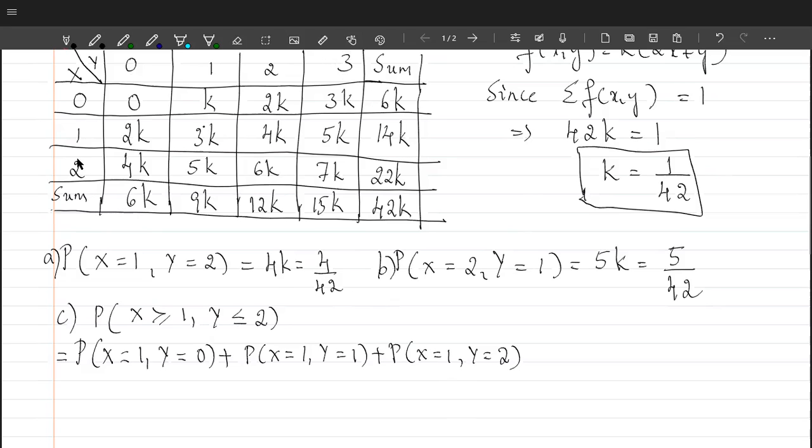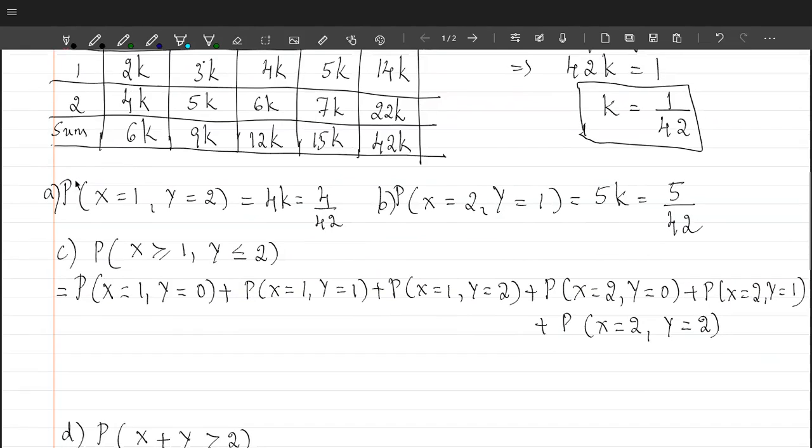Then after that, let's take the next value, x greater than 1. X greater than 1, in that case, x can take the value 2. So the next case which you can consider here is x equal to 2 and y should be less than or equal to 2. So y can take the value 0. Similarly, next cases will be x equal to 2, comma, y is equal to 1. And your last case will be x equal to 2, comma, y is equal to 2.